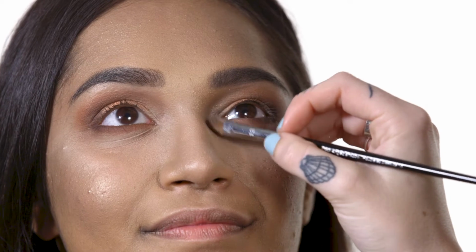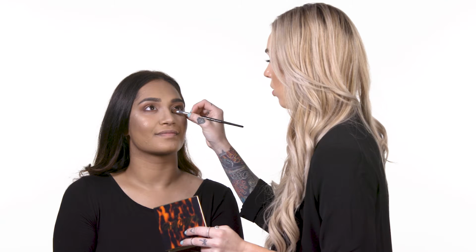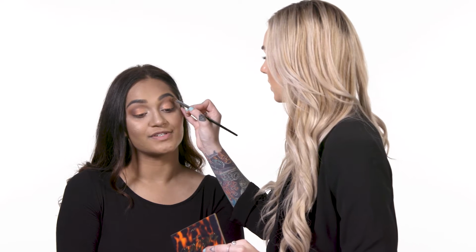I'm just gonna place a tiny bit on the inner corner, and then I like to buff it upwards. That way all the colors blend together seamlessly. I'm also gonna take a little bit of Candle, and I'm just gonna put it on the brow bone just to really...